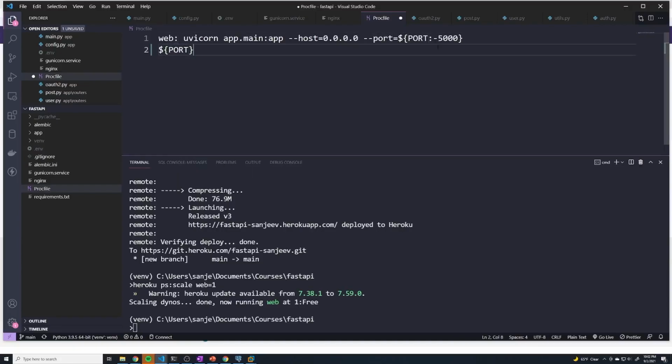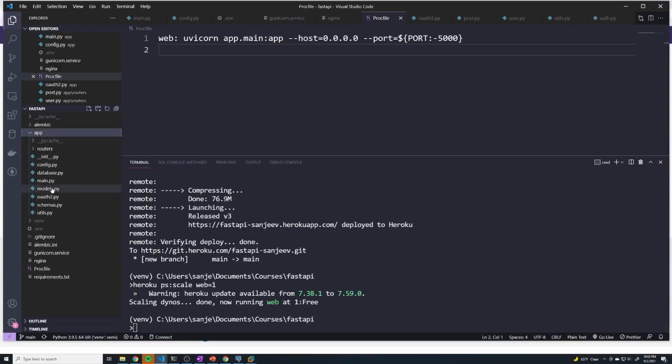And then this is just giving it a default value of 5000 if they don't provide one. However, Heroku will always provide a port, so I don't think we even need that. And so after you make this file, you're then going to have to push out these changes to Git once again. And since I already had this file, there's nothing to change in my Git, so nothing will get pushed